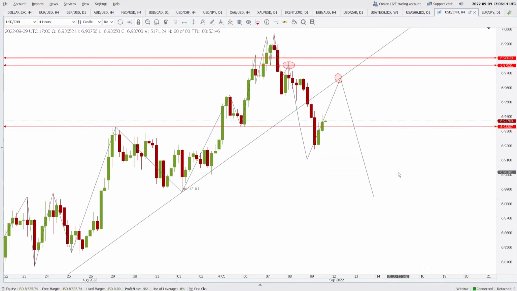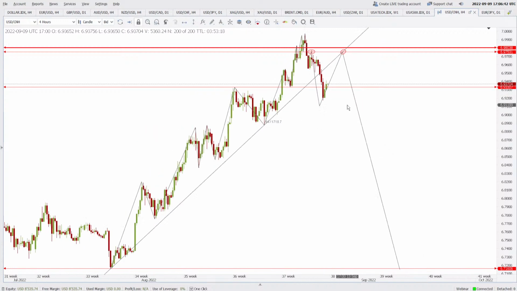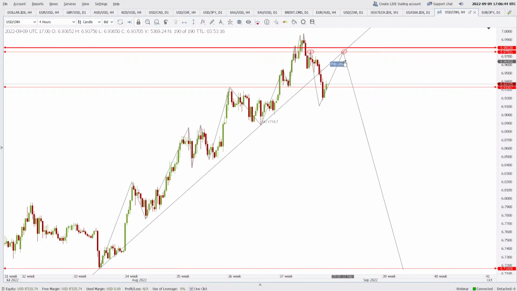On the daily, something of this sort I think is going to happen. So how things unfold in US dollar against the Chinese yuan, only time will tell. Or maybe something like this can also happen, because there are more resistances, more possibility of getting good shots here. So this is also possible. Let's see how things unfold tomorrow, I mean on Monday. But as of now, this is a good area to go short, 6.9753 area.